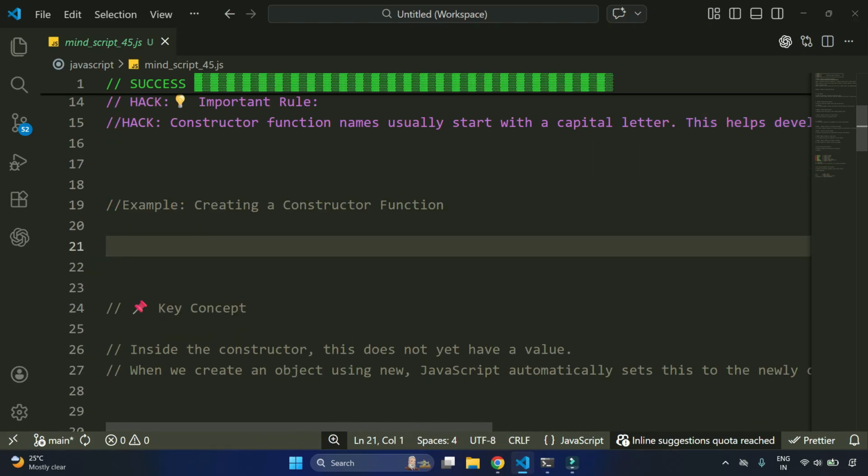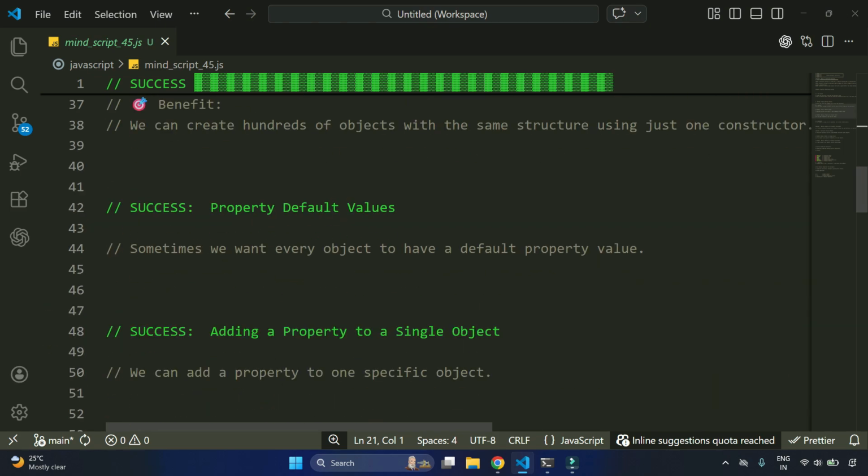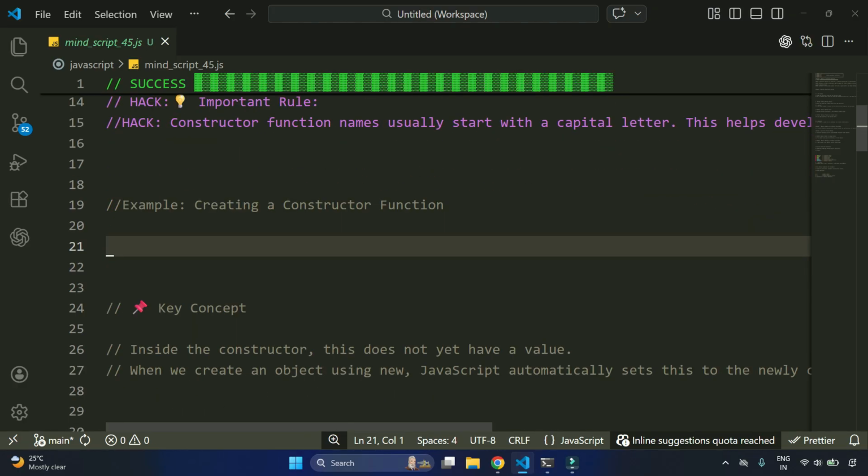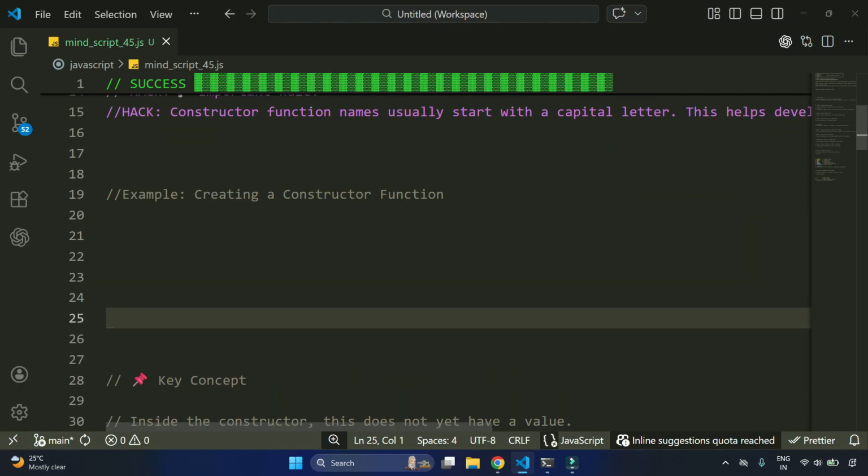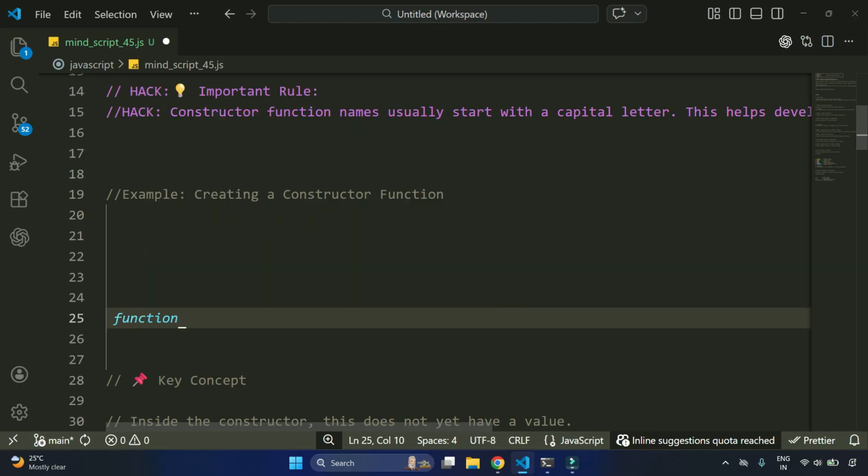So okay, let me create a constructor function, because we will use this constructor function in all the tutorials. So here let's first create a constructor function for the student. Create a function Student. Then inside the function,